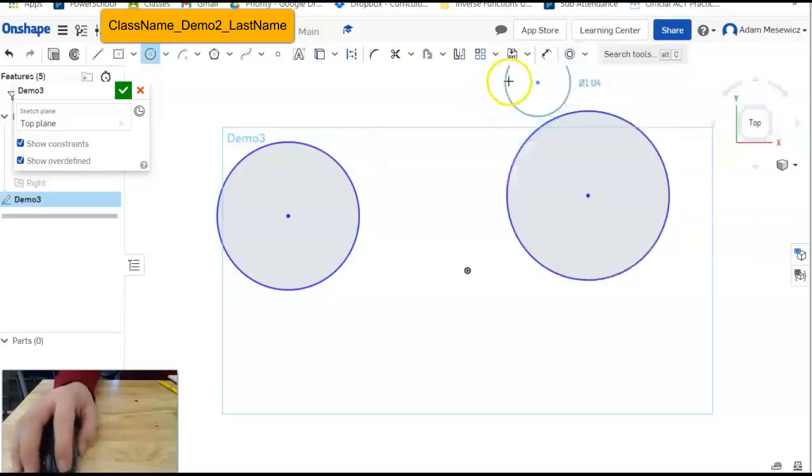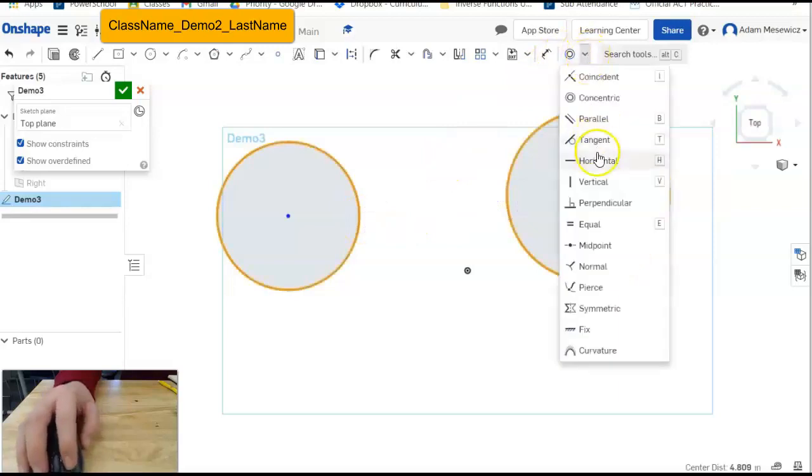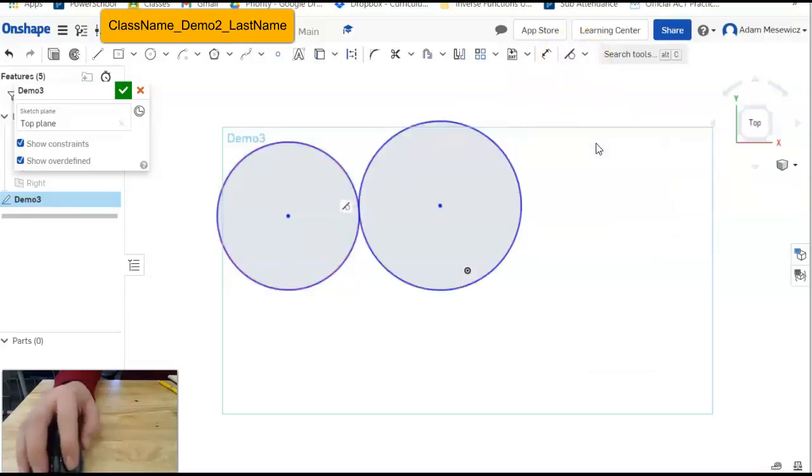So we would need to, remember, escape. So I was accidentally still on my circle tool when I clicked, and that brought me a new circle. Don't want that. Escape gets me out of my tools. But again, back to the tangent. So if I want these two circles to be just touching at one point, I need to select them both first, and then I need to go to my tangent tool, and you'll see now these are touching. So I can move my circle around,